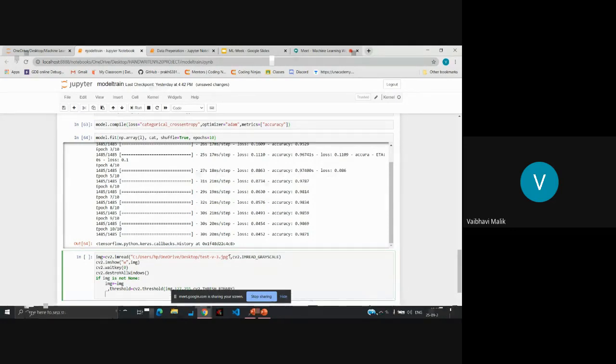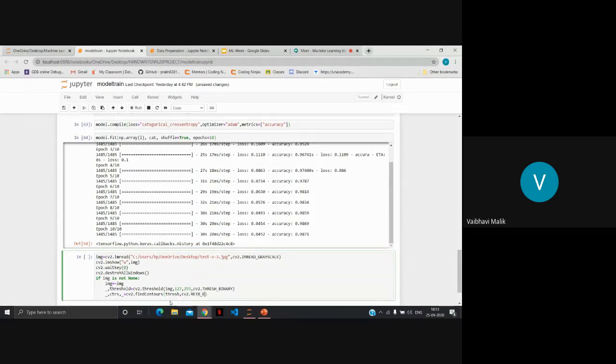Okay. Now the next step we did yesterday was finding the contours. So we will find the contours, everything the same as yesterday. Provide the thresh image that we got from the threshold function.